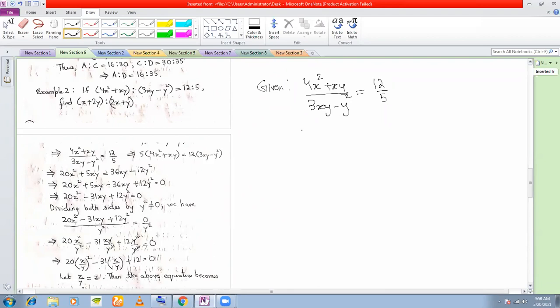Okay, now from here, we'll cross multiply first. Our main aim here is to find x by y. Once I find the ratio x is to y, or x by y, then I can proceed to find the value of x plus 2y is to 2x plus y. So first we'll cross multiply to get 5 times